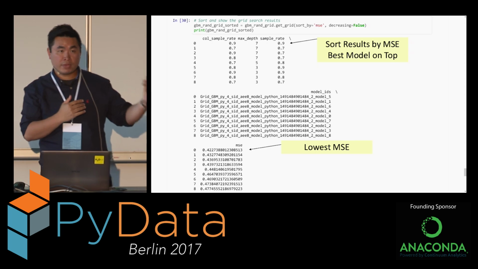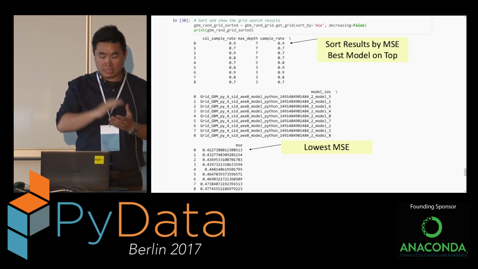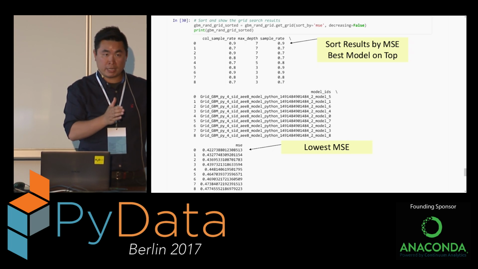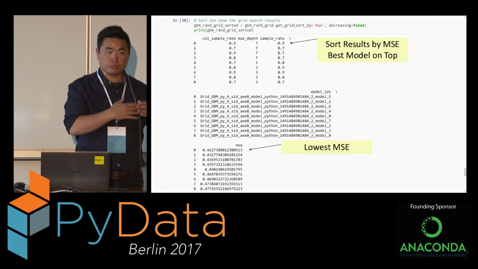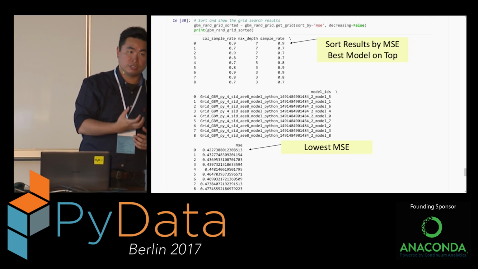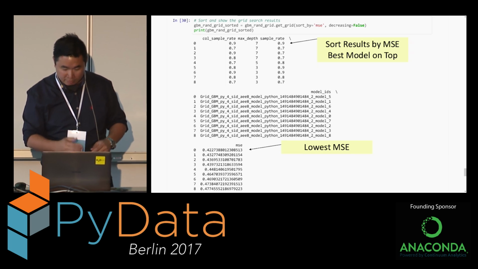So we have the sample weight for columns, sample weight for the rows, as well as the max depth. So it's a bigger search space than before. We're expanding the search to a bigger territory to see if we can find better solutions in that search space. And we did.